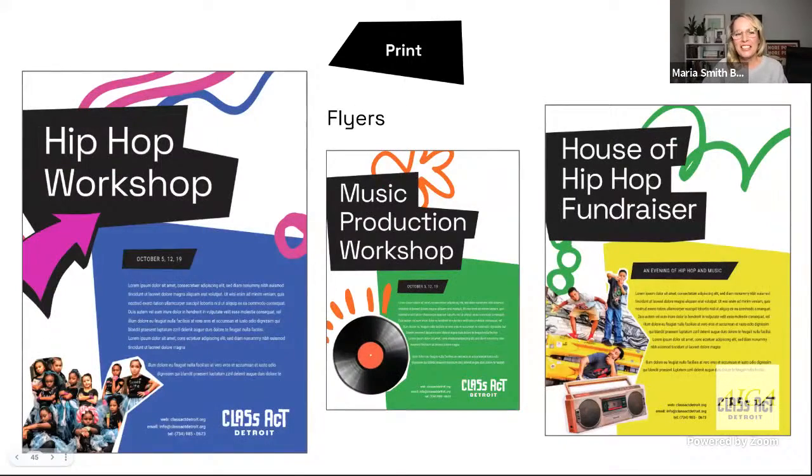Next, we also put together some templates for flyers to advertise different kinds of workshops. These could potentially become A-frame signs, something like that. There are a couple of things we still need to get to. I know I need to make some templates. We also want to do some social media templates. That's something we didn't get to. And then the next images,